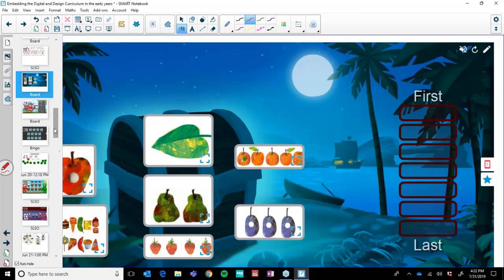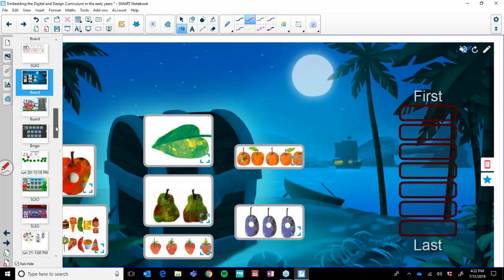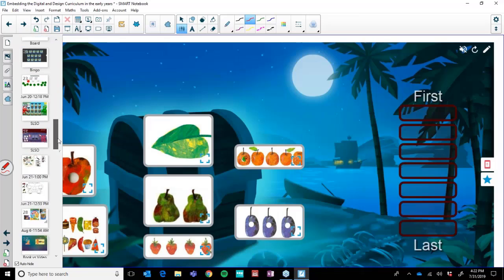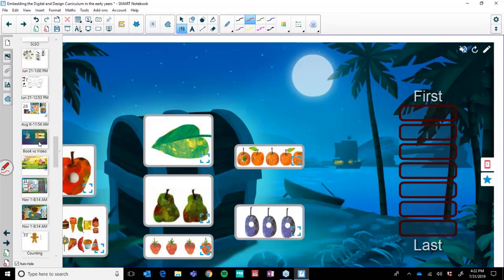So some students chose to do it independently, some students chose to do it as a pair, and some students did it in small groups, just to get them used to working independently as the teacher wandered around. It builds up, and I will give you a copy of this notebook, but it builds up to our term 2, term 3 unit that they are now doing.